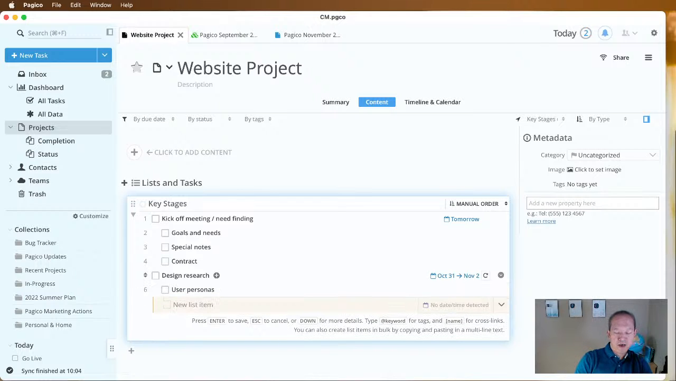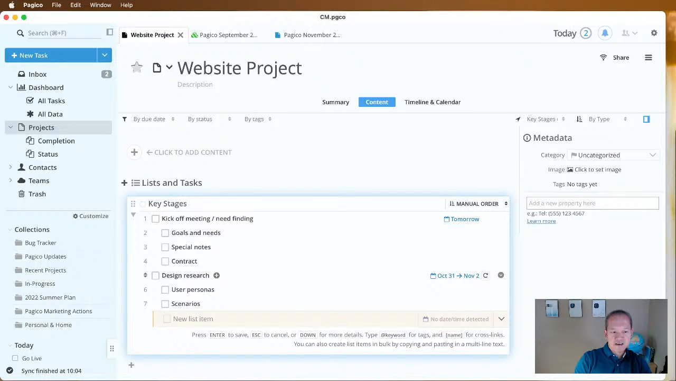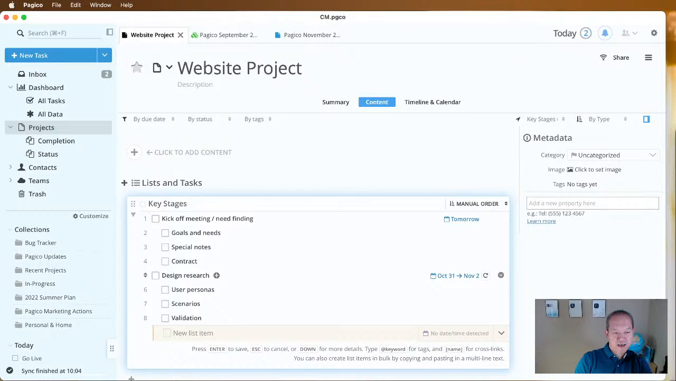I need to define who my targeted users are and what the scenarios are, maybe, and validation, right? So after I design the things, I need to make sure that all the designs I came up with would be sufficiently good for the client, right? And with that, I'm going to outdent one more time, and the next stage is probably just the design itself,